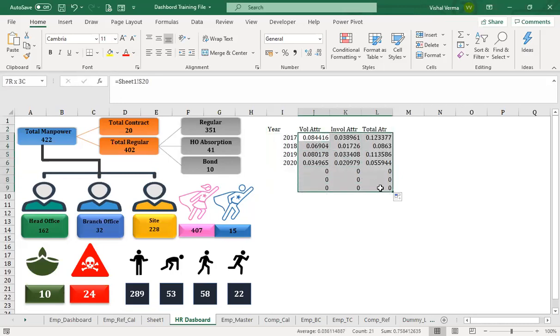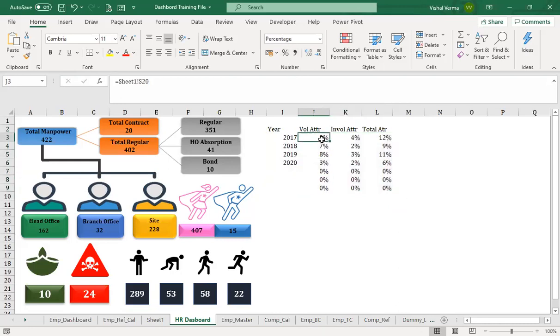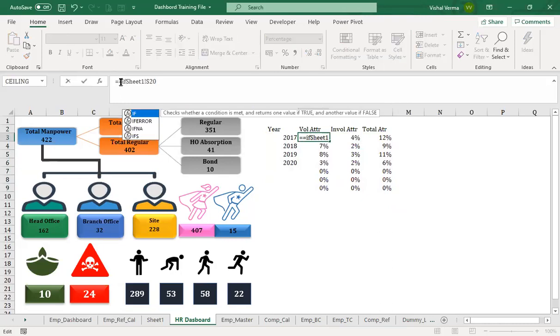So we have this as a percentage. We can have this here as: equal to if the sheet cell is equal to 0, then give me a blank space, or else give me the value that is there in the sheet.